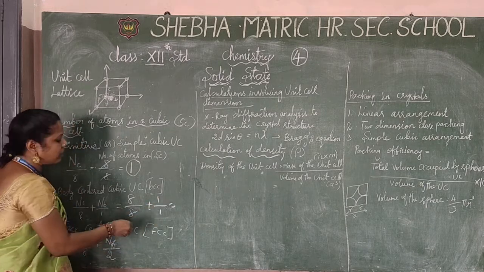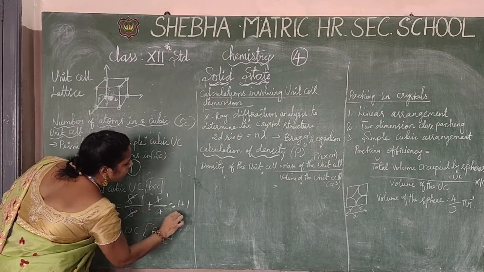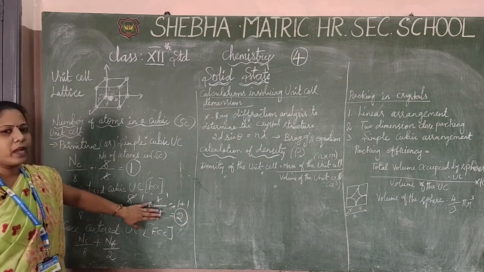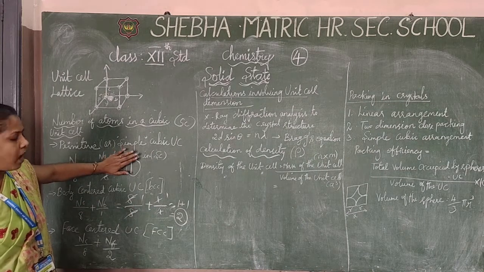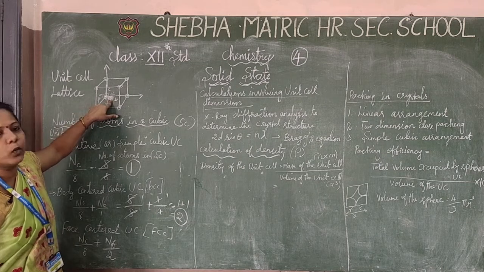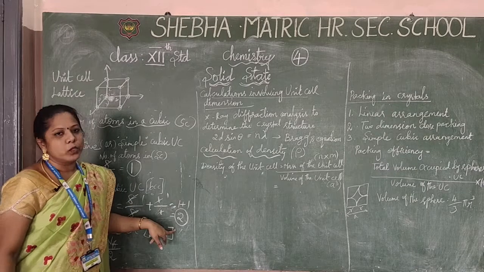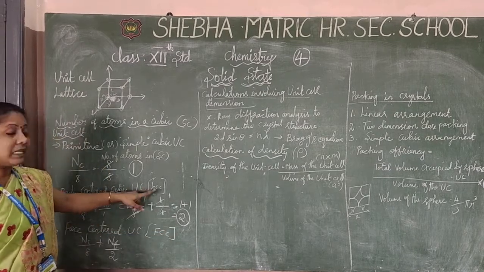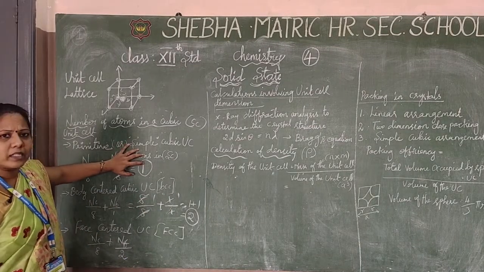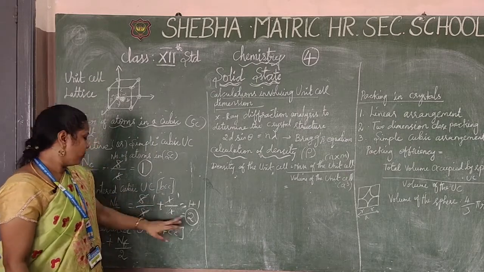So you have to simplify this. Cancel, 1 and 1. So 1 plus 1, totally 2. Can you get the point? So 8 by 8 plus 1 by 1. The cubic unit cell has 8 corner atoms, and the body centered cell has only 1 atom at the center of the unit cell, so 1 by 1. Simplifying, you get 2 atoms for BCC, the body centered cubic unit cell. So you got it: the simple cubic unit cell has 1 atom in total and BCC has 2 atoms in total, okay.